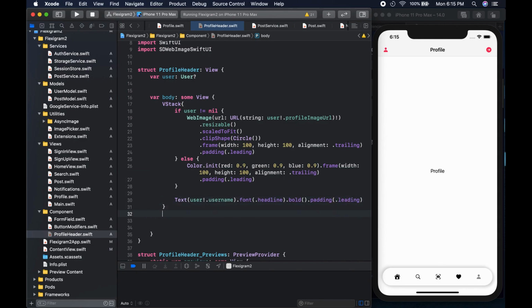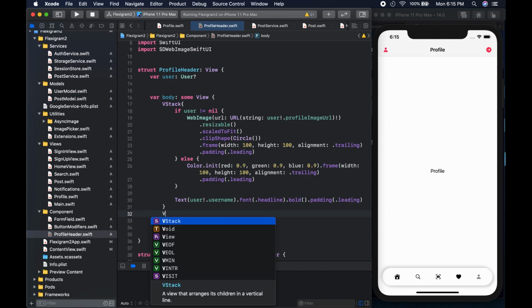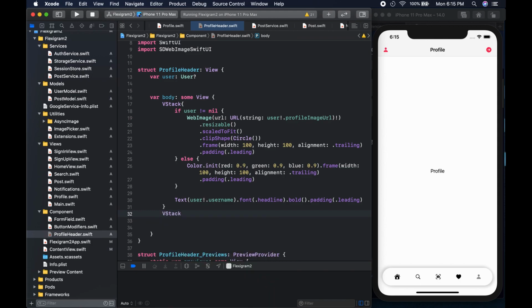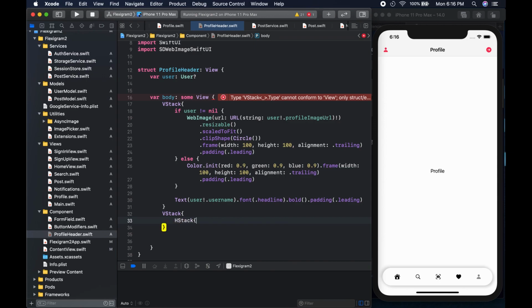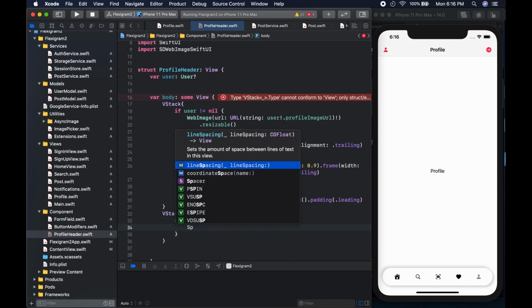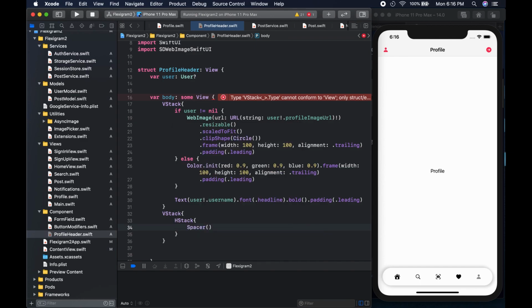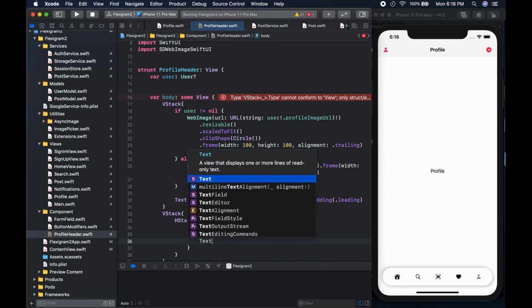And after that we can come down here, and we could put another VStack which will contain our followers. We won't hook it up to the following count yet. We'll do that in another video. We just need a visual representation for now, and in it we'll have an HStack, and in the HStack we'll come down here, and the first thing we're going to have is a spacer like so, and after the spacer we're going to have a VStack, and after the VStack we're going to have a text, and